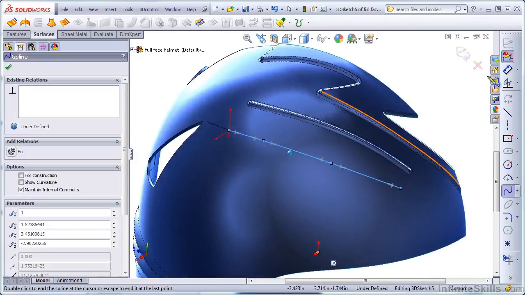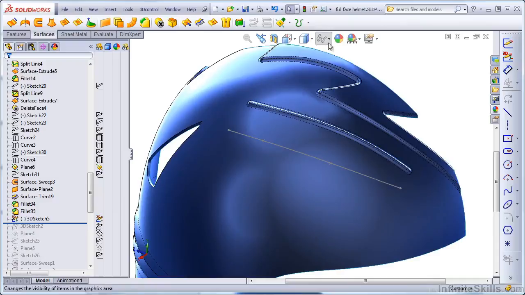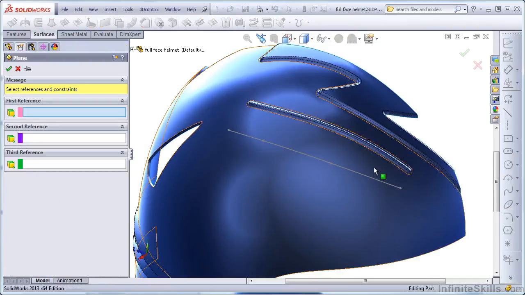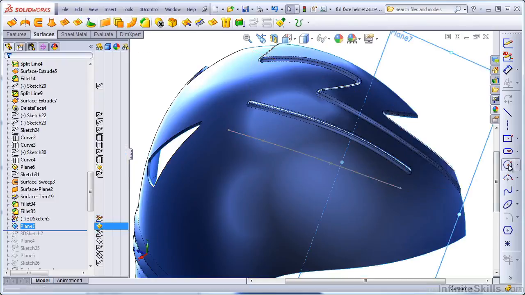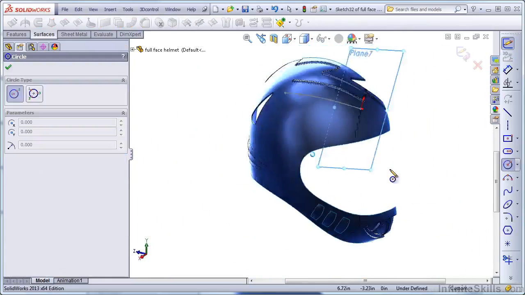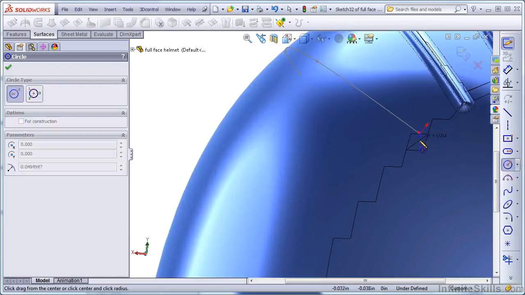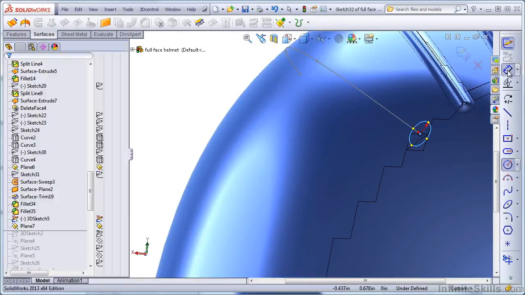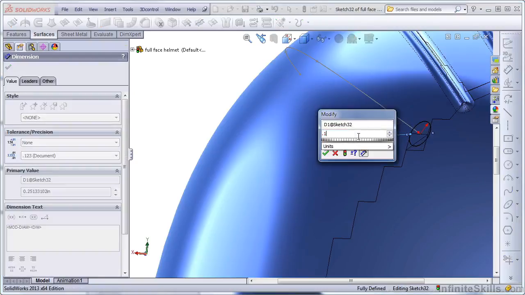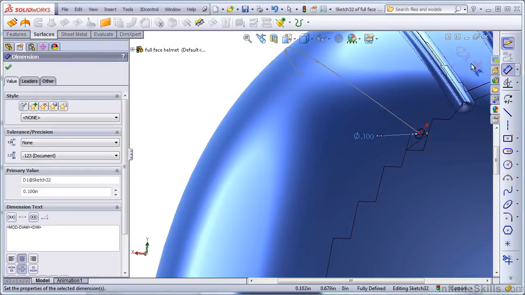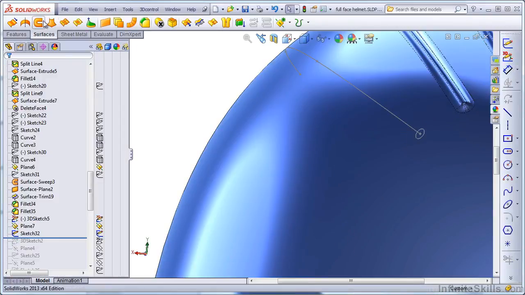Now I'll exit the sketch, create another plane as I did before, perpendicular to the curve at the endpoint, and draw a circle. See if I like this one a little larger. Let's make it 0.1 instead of 0.075. Exit the sketch, sweep a surface,